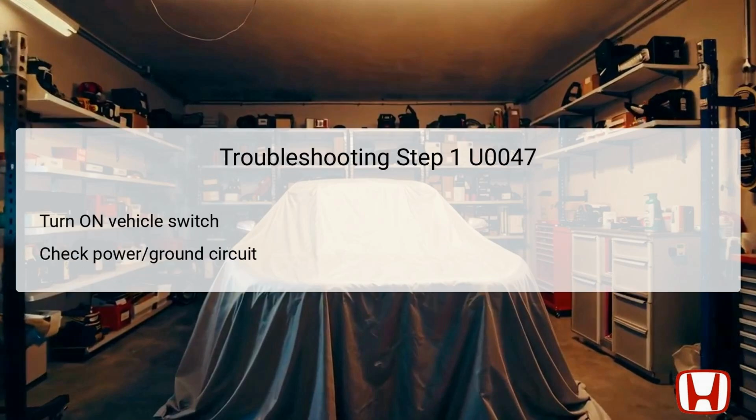The first step in troubleshooting DTC U0047 involves ensuring that the vehicle is set to the on mode. This initial check is crucial, as many electrical components need the ignition in this state for proper operation and communication. Once the vehicle is on, it's essential to check both the power and ground circuits of the infotainment control unit, as faults in these circuits can directly cause